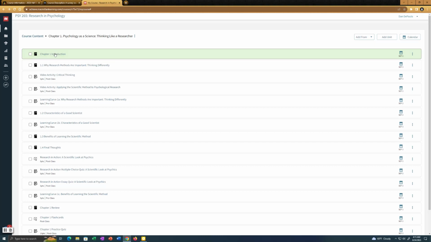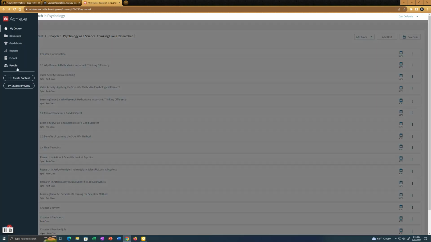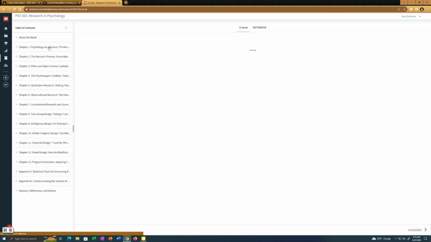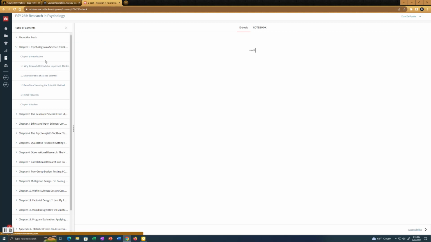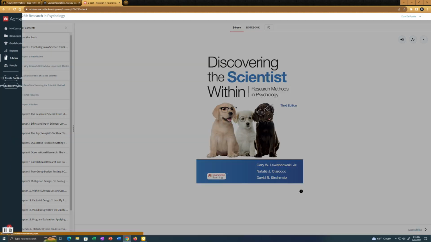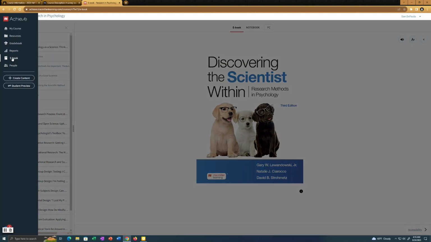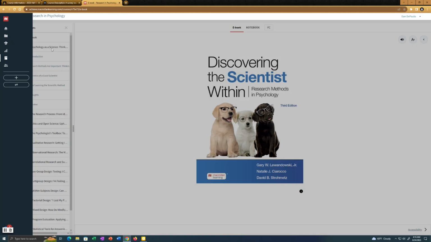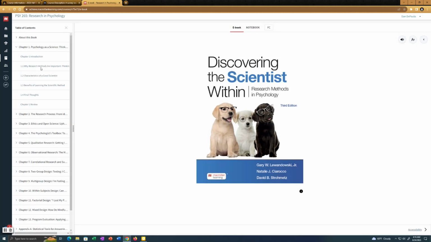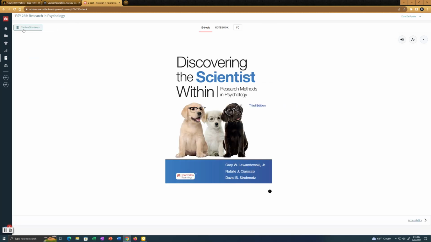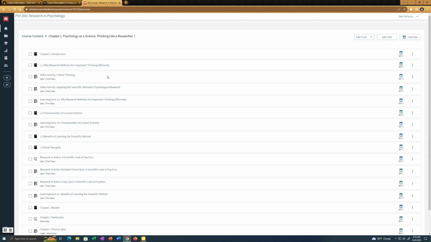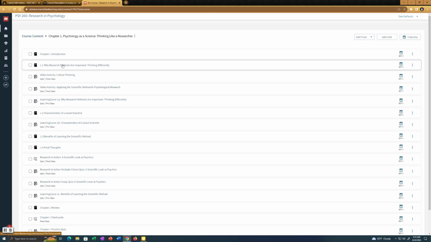So these book symbols mean it's just the ebook. You could also click on the ebook tab here, click on chapter 1, and you get the whole chapter 1 ebook. So if you want to read the ebook, you can access it from this menu on the left and click on the chapter and click on the section, or you can go to the assignments here, my course chapter 1 assignments, and I have the book readings within the assignments.